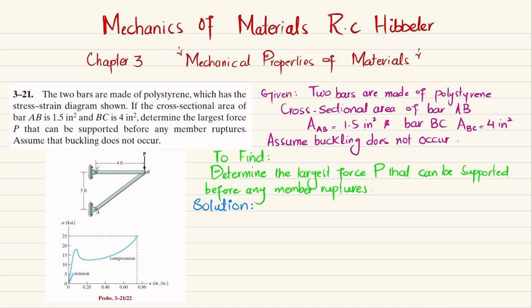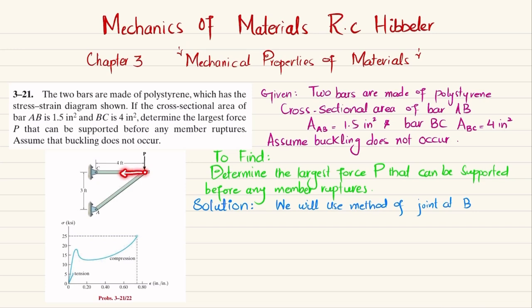So let's start with the solution. The first step is that we will use the method of joints at B in order to find the forces in CB and AB. You can see that due to this load P, this bar CB will be in tension and AB will be in compression. So while taking the method of joints at B, this bar CB will exert a force